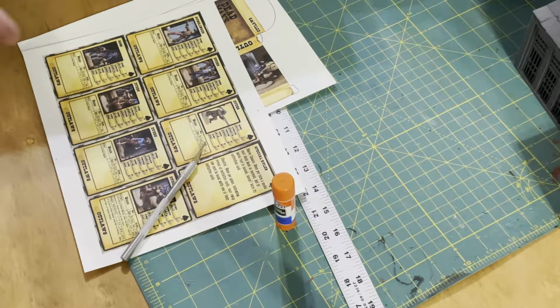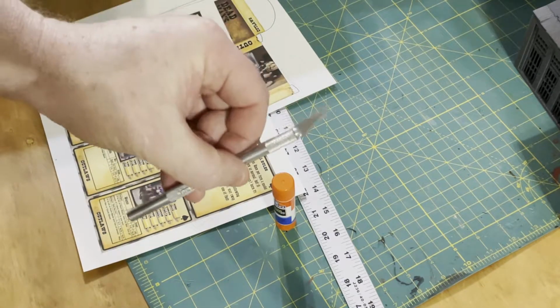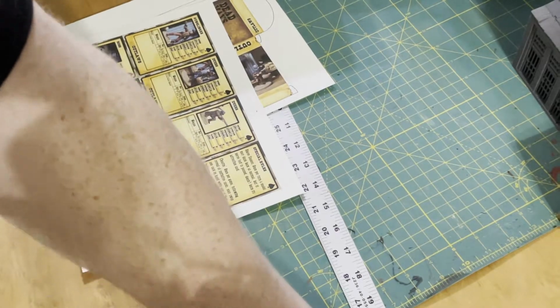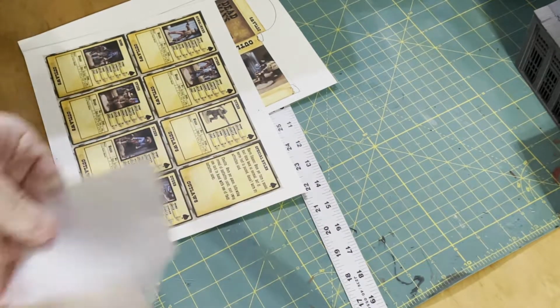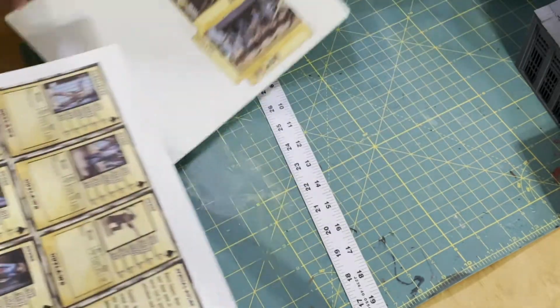Okay, so what I'm going to show you is how I cut the cards and do the tuck box. For this you're going to need a sharp blade, don't cut yourself, a glue stick, a metal ruler. You can use plastic, but there's always a chance you'll cut into the plastic, so metal if you've got it. You're going to need enough card sleeves to sleeve your cards, and you're going to need the printouts. So there's the tuck box to hold them in, and